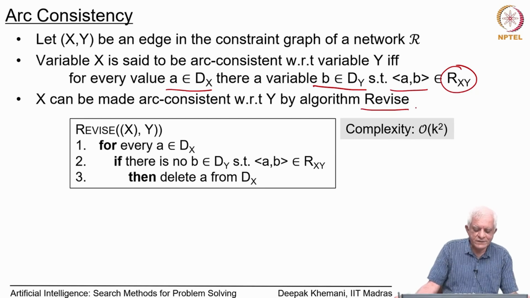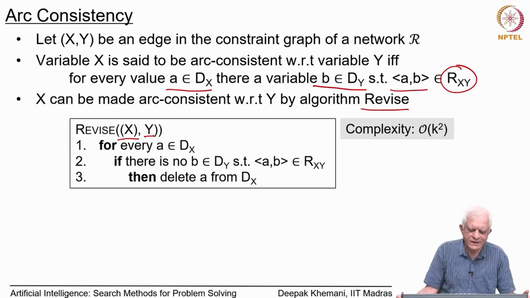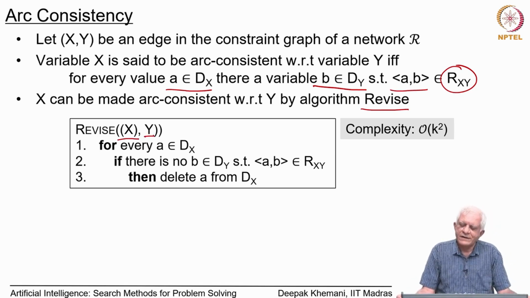So, what are you doing here? You are revising the domain of x with respect to the domain of y essentially. This notation emphasizes the fact that x is being revised with respect to the variable y, and the algorithm is what we just said above,